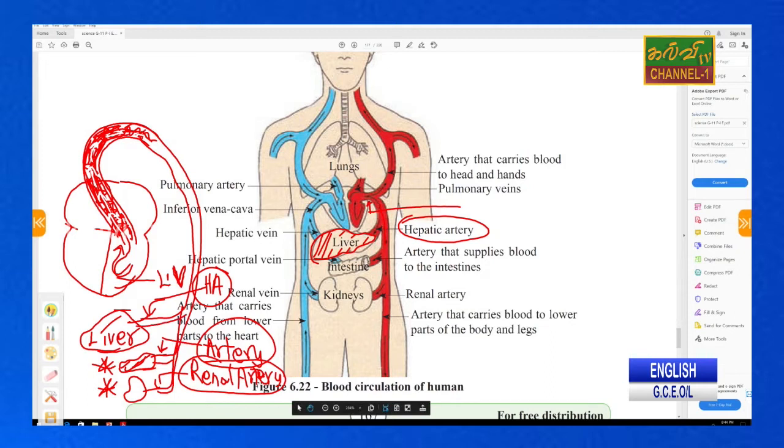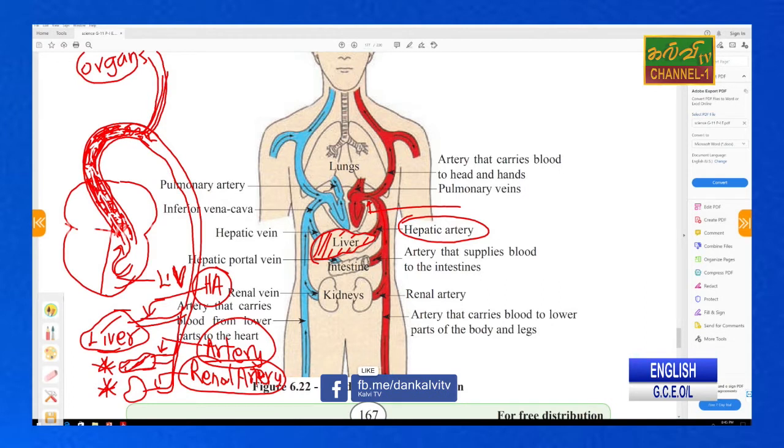Not only that, the upper part of the organs also gets oxygenated blood from the aorta. Therefore, artery systems always carry oxygenated blood. But there is an exception, we studied that